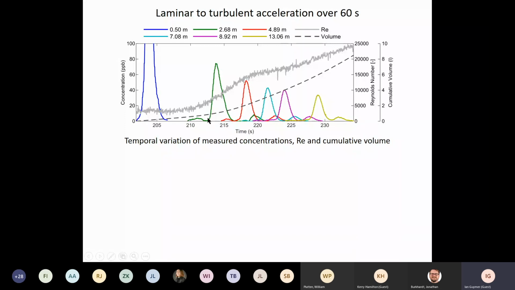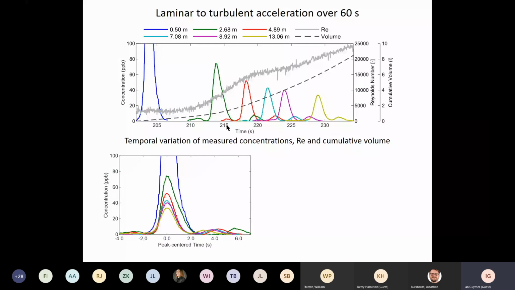And you can see if you look at the green one, you've got a small initial pulse, a large pulse, and then another small one. And then once it's been disaggregated, this continues down the pipe. If we put those together on peak centered time, we can see we seem to get the same sort of effect here, but it appears in this that the third hump, the disaggregated small amount that's been delayed, doesn't follow